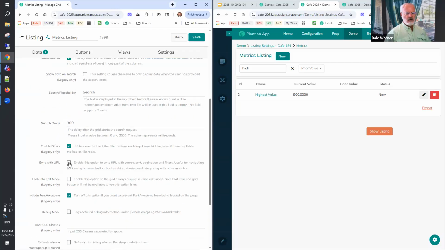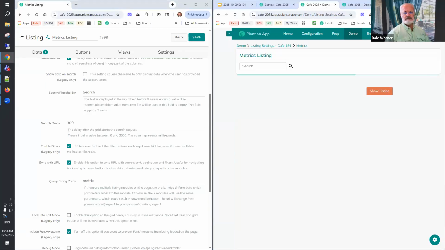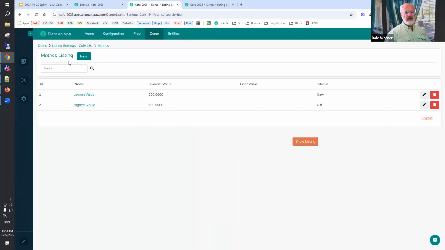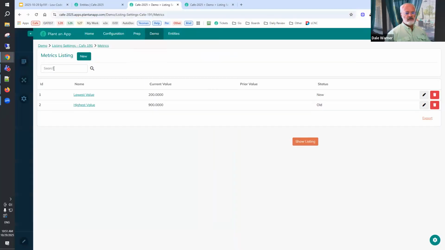this sync with URL. When you click sync with URL, there's also another choice that is the query string prefix. This is a prefix that you can add that helps differentiate between multiple listings on a page, or just have influence over your query string as a whole. So having turned that on, I'm going to start out with an empty query string. If I now search for something,